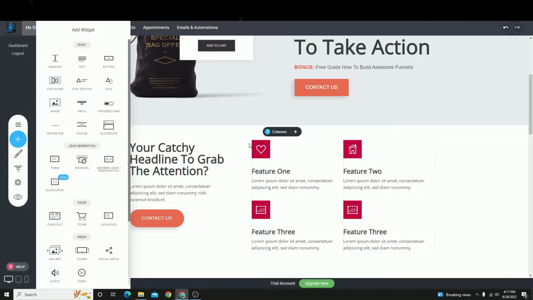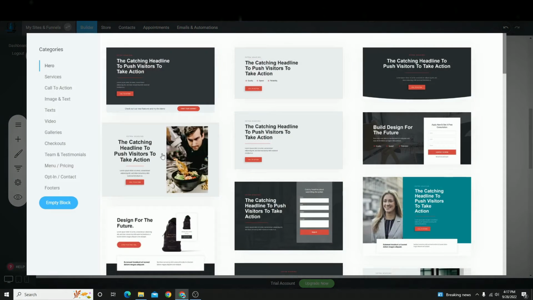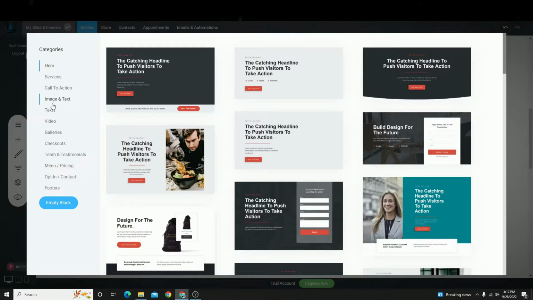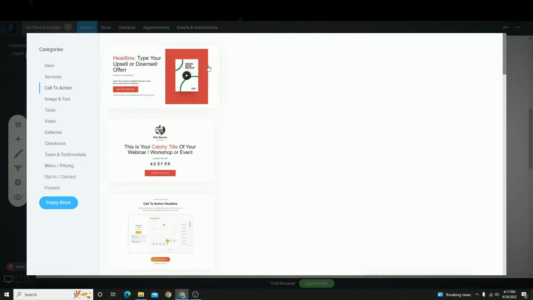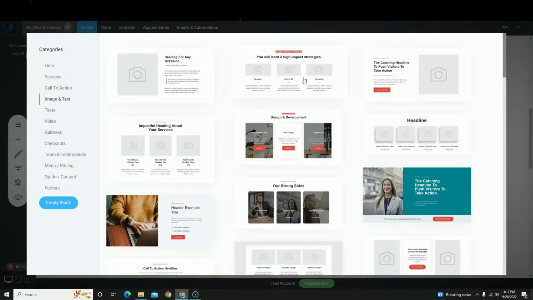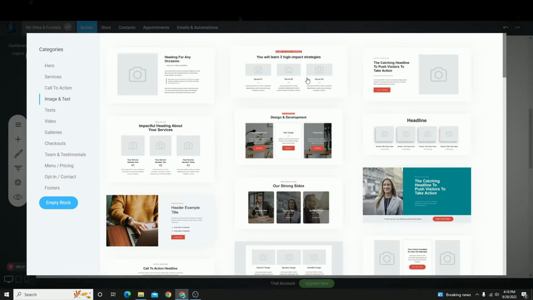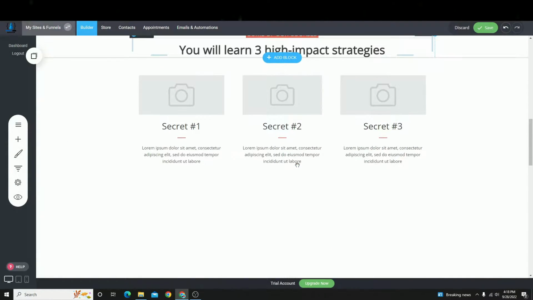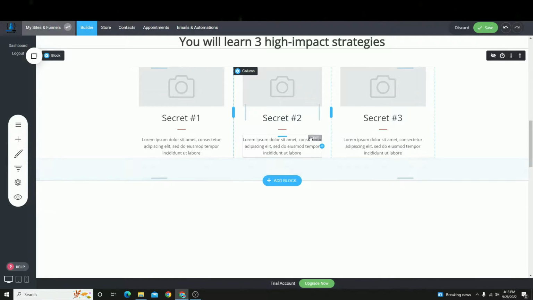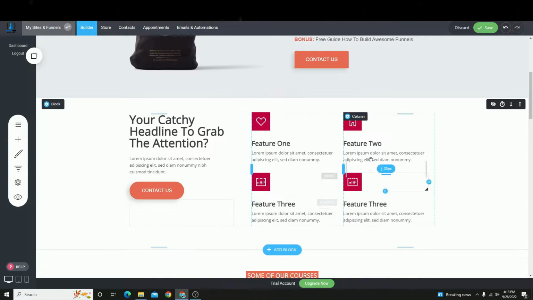Let's see what else we can add to our website. So we can go over here once again to add block, just take a look at some of the different sections here. So call to action, we already have image and text. We can also add an image and text section, so we can talk about our services or something like that, or excuse me, our mission statements. So what we believe in, things like that, what our services are,